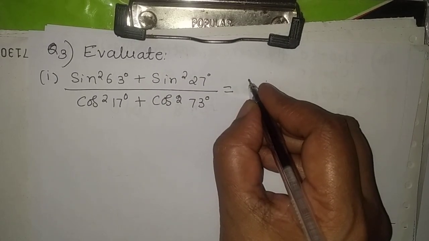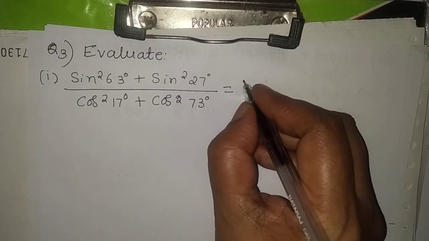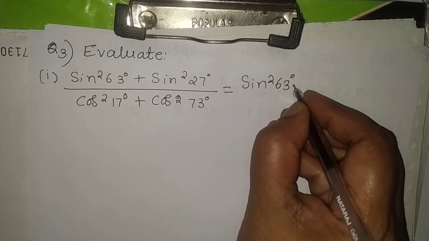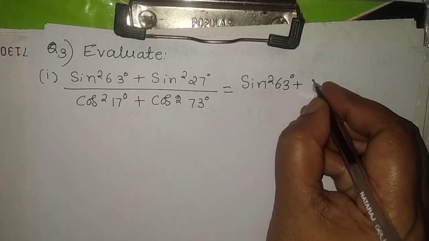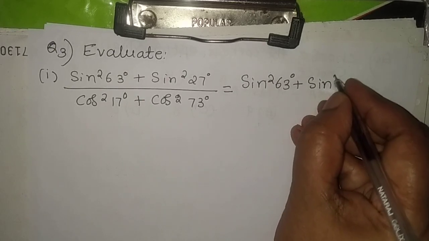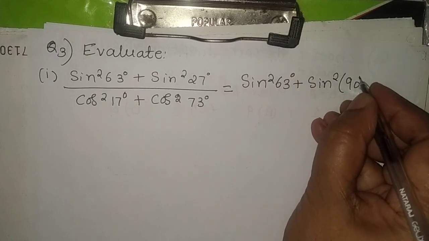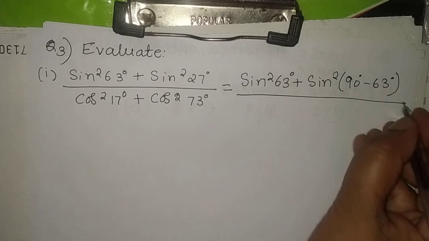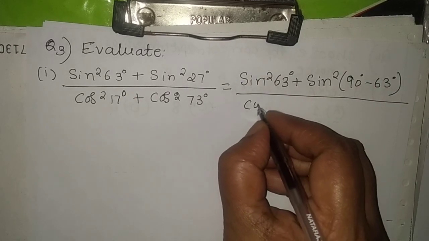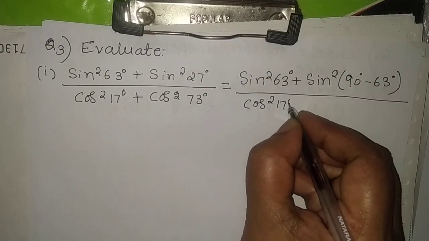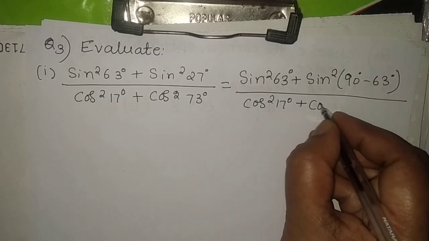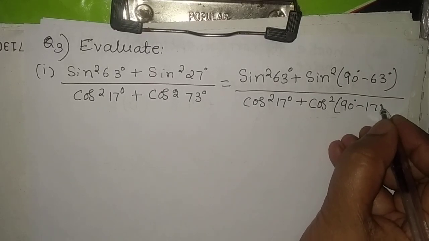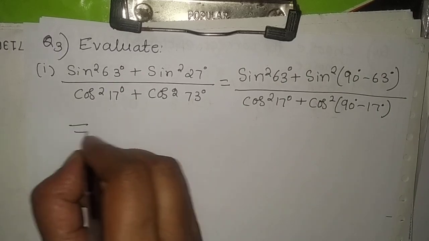Therefore, write down this sin square 63 degrees as it is, plus this one can be written as sin square of 90 minus 63. Next, cos square 17 degrees plus cos square of 90 minus 17 degrees, which is equal to